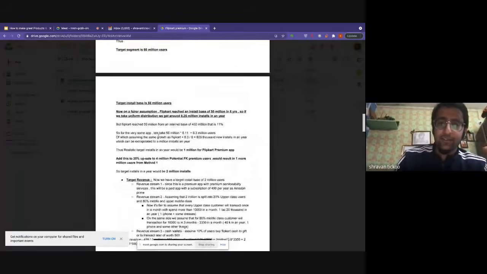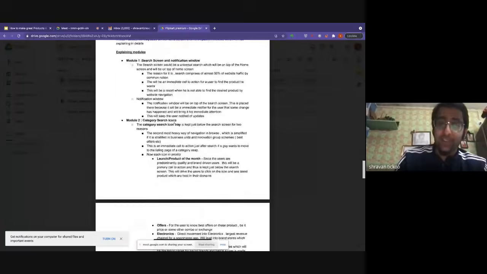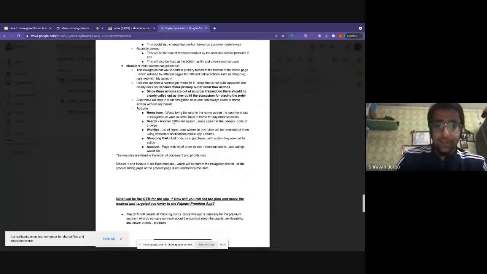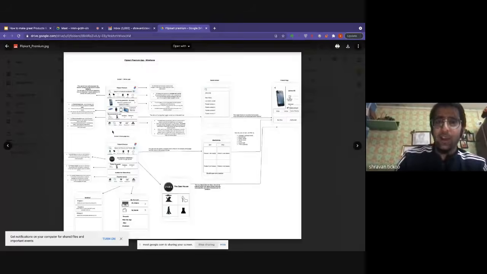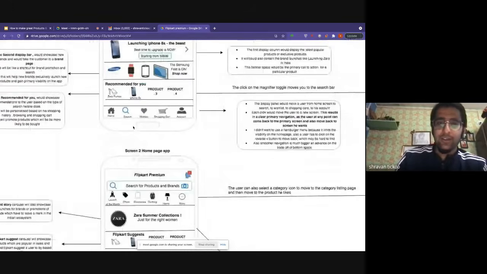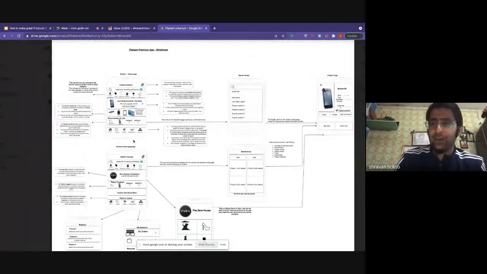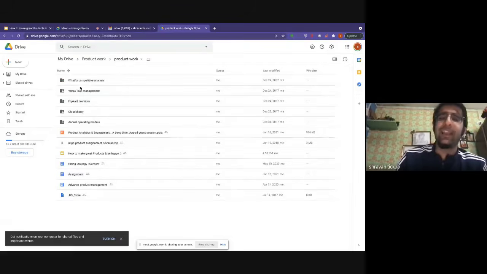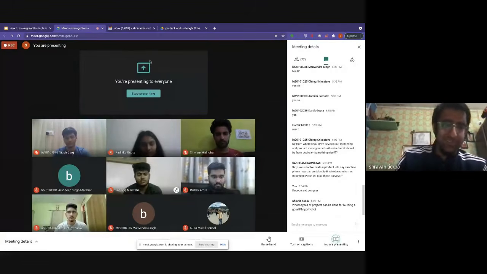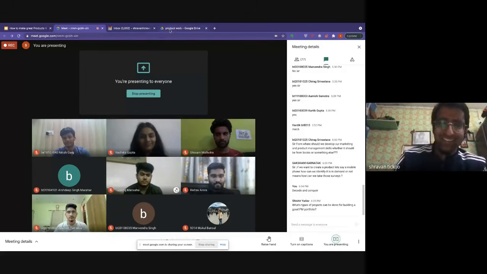Post that, what will be the features, how will you build them across? And then probably you also create some sort of mocks for them. How does the product look? What are the different things that will be there in the product? And it can be anything. I built it just myself. I wanted to see if something like Amazon Prime could work, and Flipkart eventually launched that product, Flipkart Plus. By the way, I did it like 4.5 years back, long back.